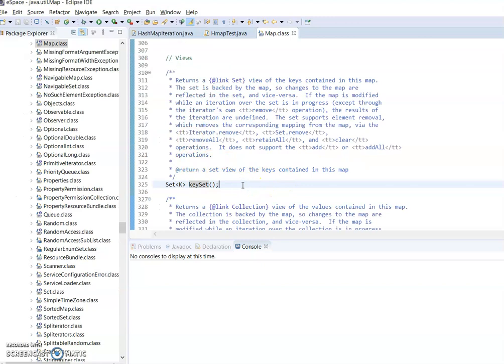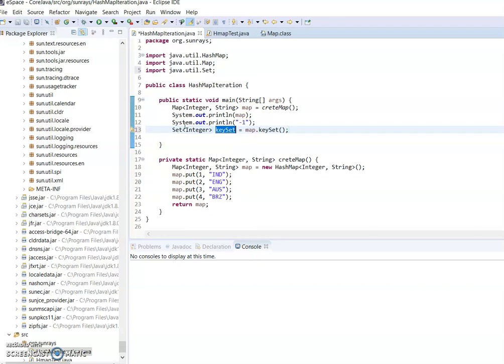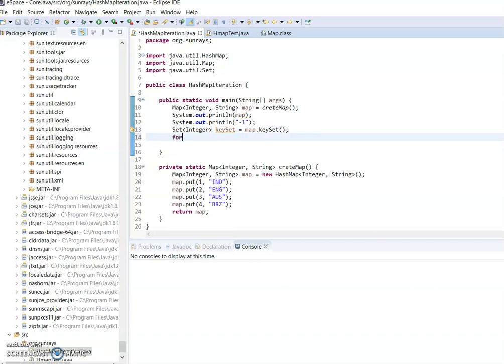This is of type set. Why is it a set? Because we know keys are a unique set of data. That's the reason we got the set. We can use any technique to retrieve data from a set, so I'm using the enhanced for loop from Java 5.